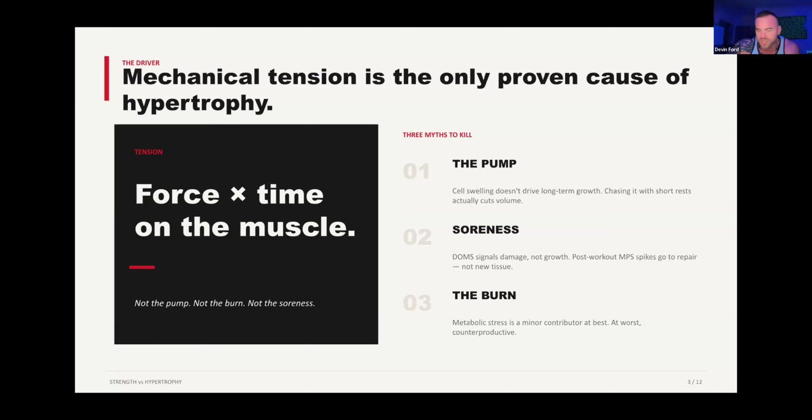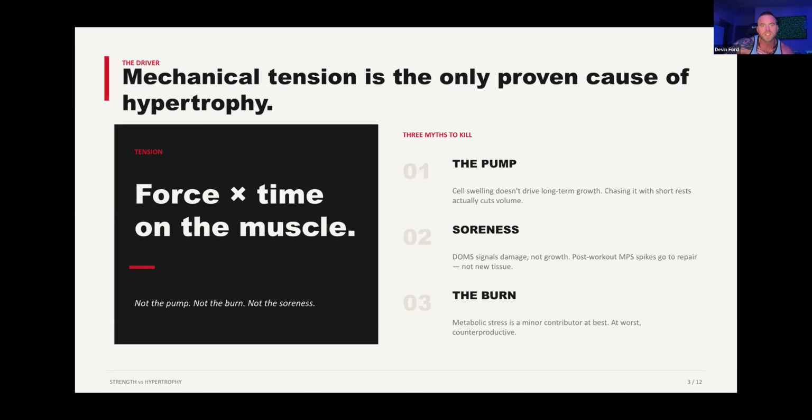Okay, so that also does not relate to how much muscle you're going to build, and neither does the burn. So if you guys are doing really light weights, this is where the group class type stuff will come in. You think CrossFit or Orange Theory or something like that, and you're doing lightweight to failure, and you feel the muscle burn. That also actually does not cause hypertrophy. If anything, it goes against it. It's actually counterproductive for a lot of reasons. What causes hypertrophy is mechanical tension.